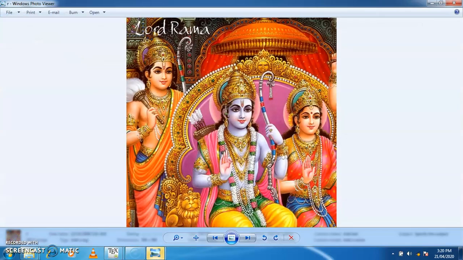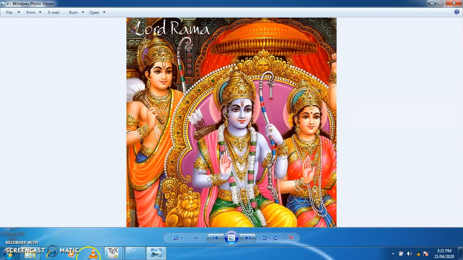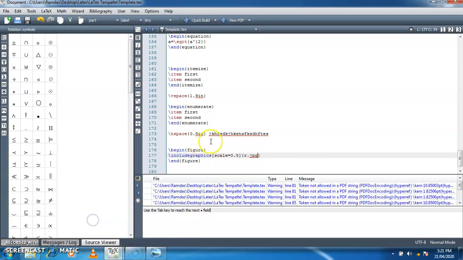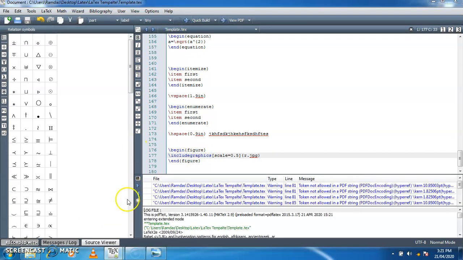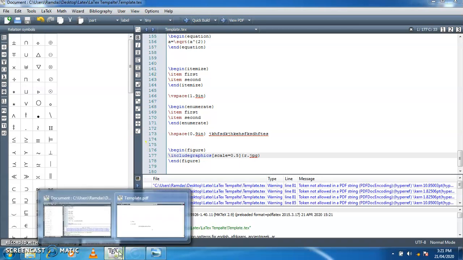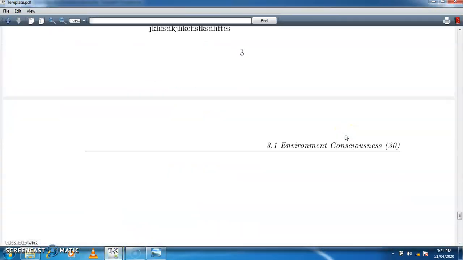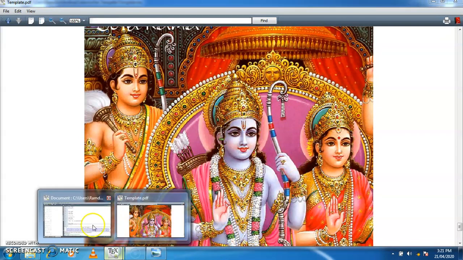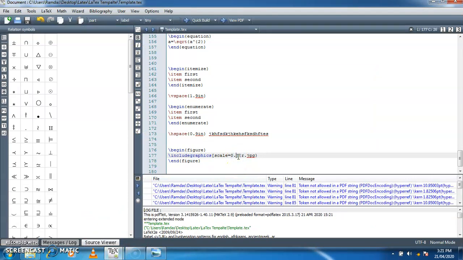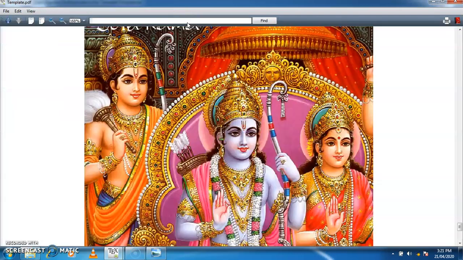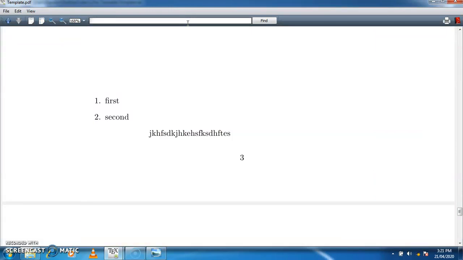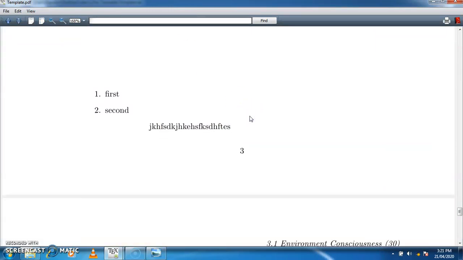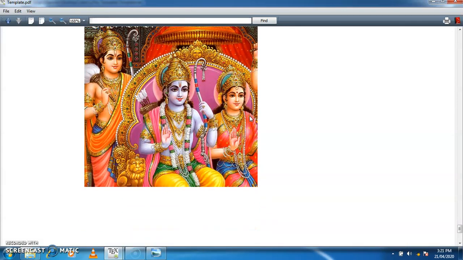You can see here. Now we'll see whether it gets included in our LaTeX file or not. So begin figure, end figure. Here you can see what the output of this particular command is. Yes, the file has been included. Now the scale of that particular file is 0.5, and I am going to change it to 0.3. So let's check whether the size of the image has been changed or not. Here you can see that the size of the image has been changed, but it is right justified.